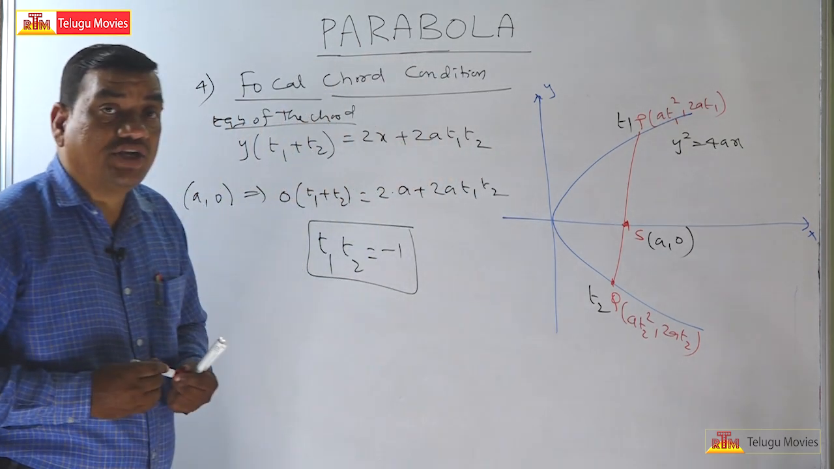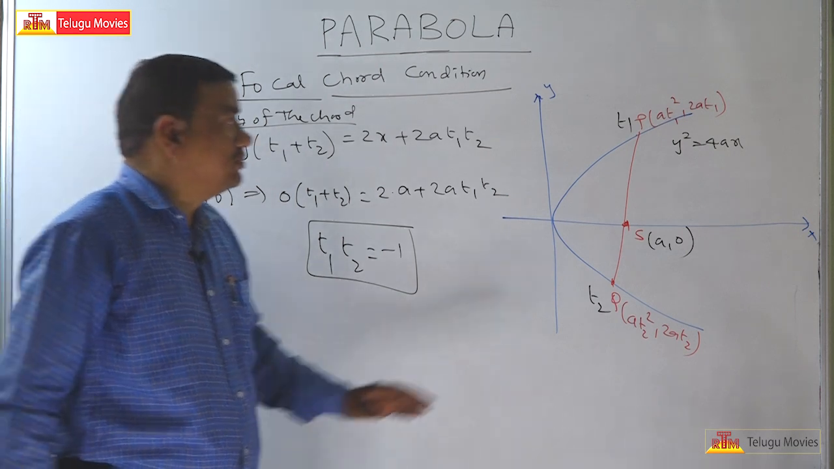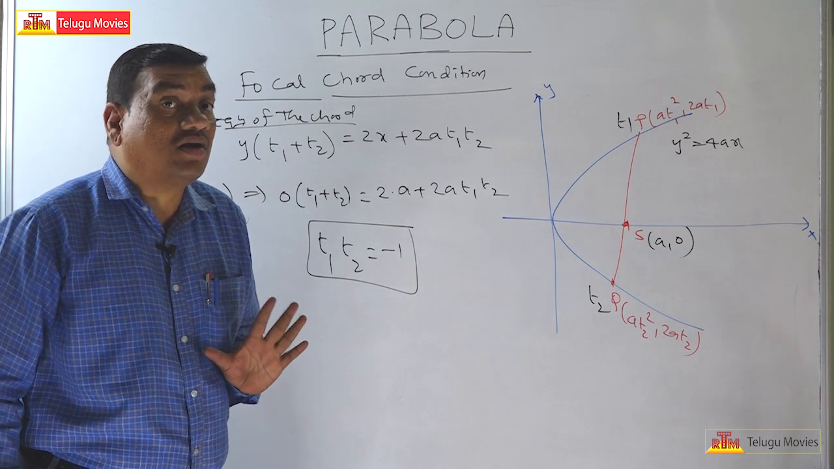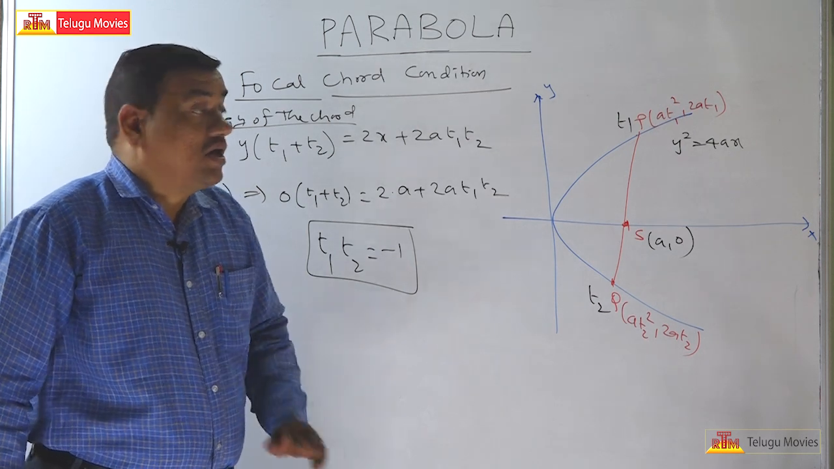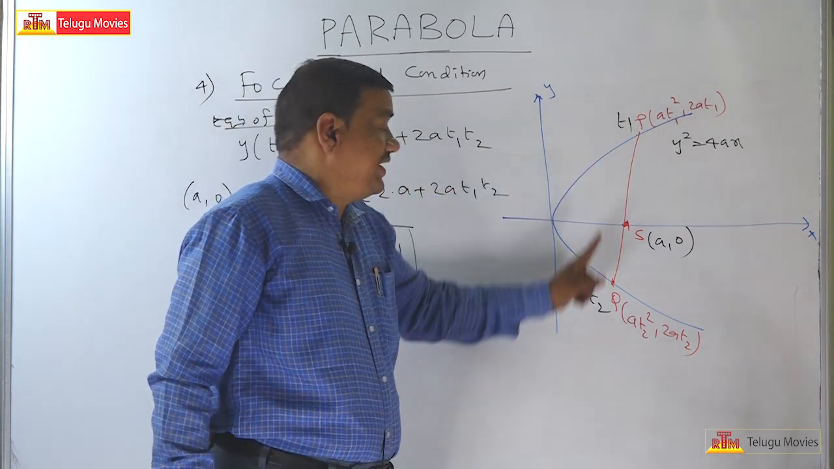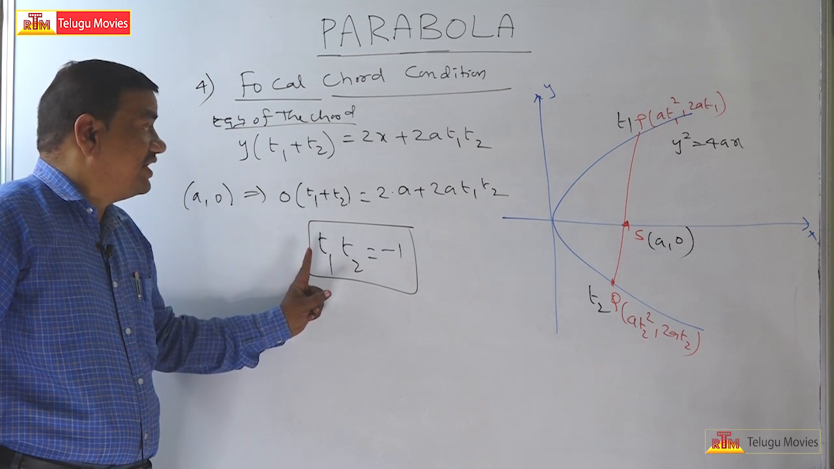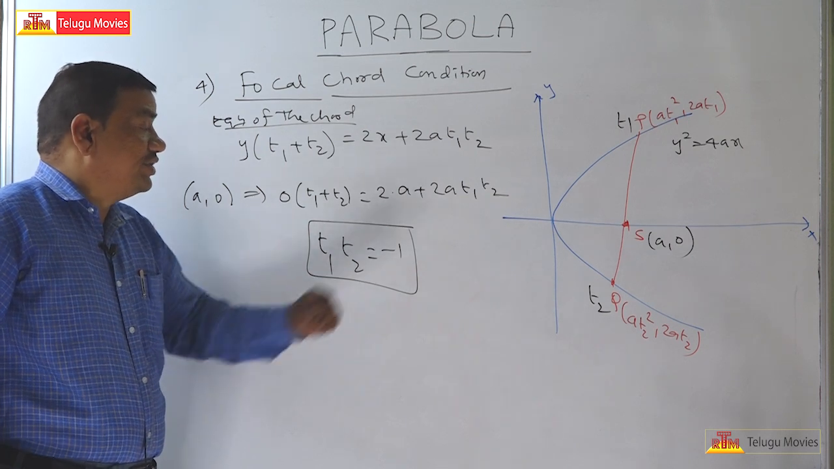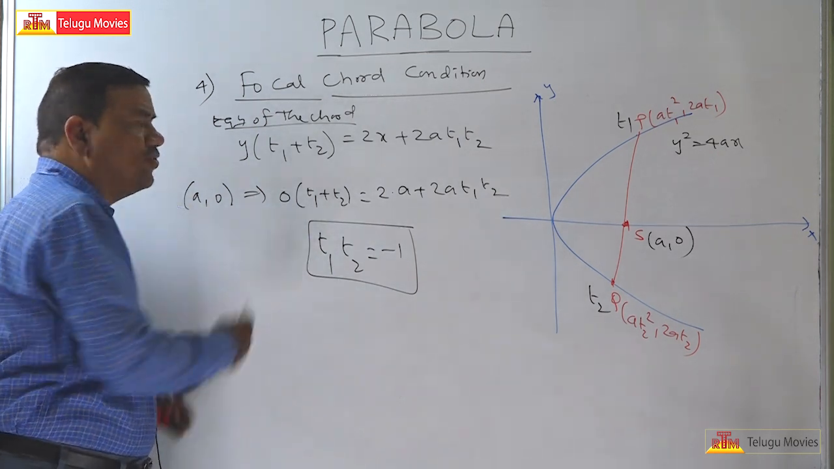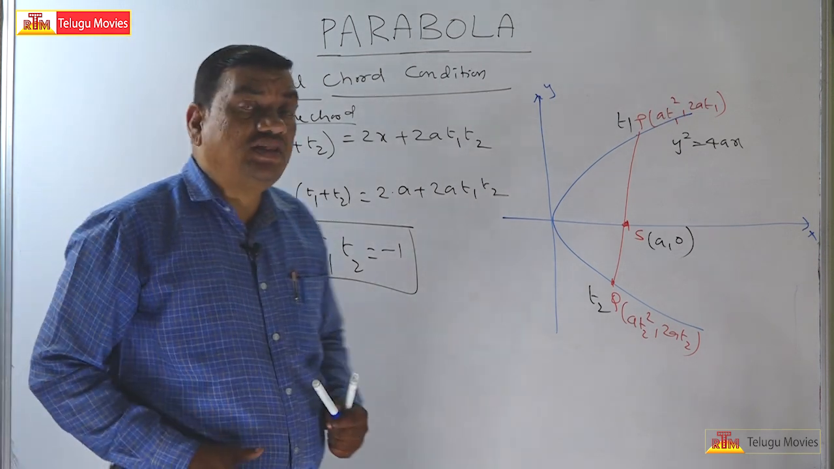If P and Q are the endpoints of the focal chord, if t1 and t2 are the endpoints of the focal chord, not an ordinary chord, that means the chord which passes through the focus, then what is the relation between t1 and t2? t1 into t2 is equal to minus 1. Understand? So this is the proof. Very easy. Now, while solving the problem,